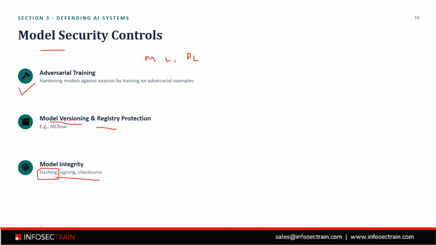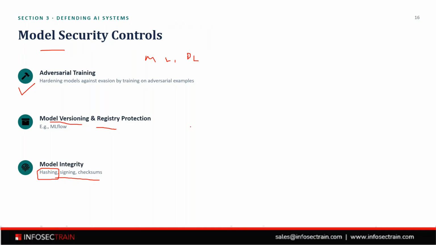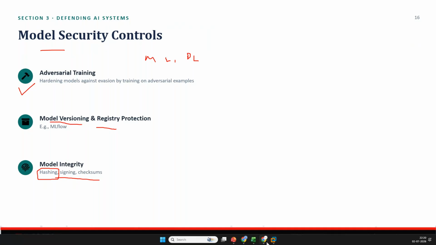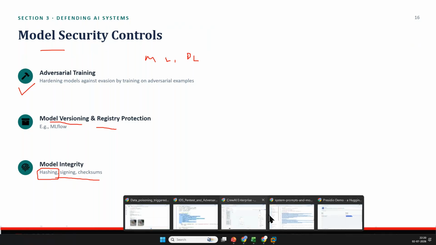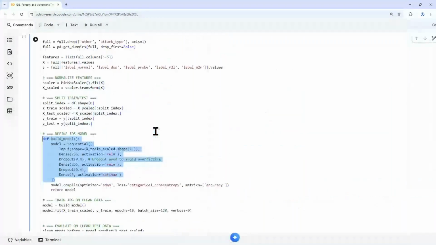Adversarial training. Let me just show this to you. In adversarial training, as I told you when we were seeing the adversarial attacks, the evasion attacks, you can send some inputs to the model that can reduce its detection accuracy, right? And then after that, say for example, I'll have this over here, right? When I was showing you the deep learning model over here,